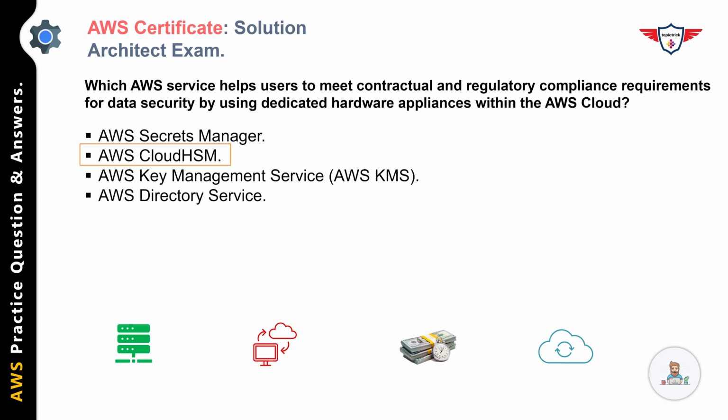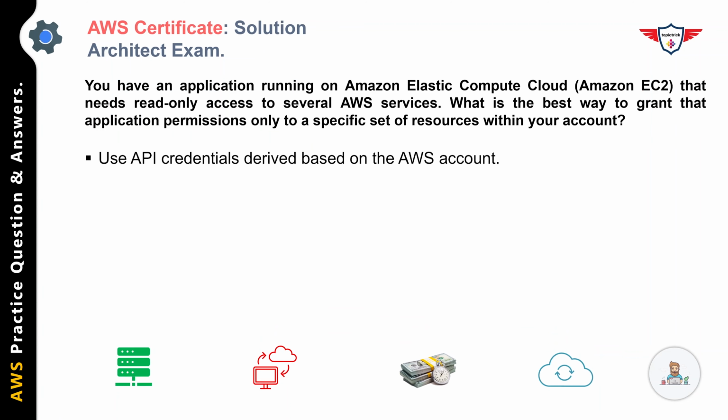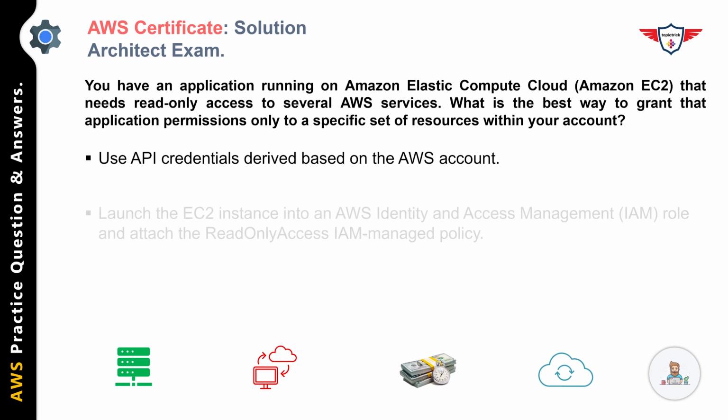You have an application running on Amazon Elastic Compute Cloud, that is Amazon EC2, that needs read-only access to several AWS services. What is the best way to grant that application permission only to a specific set of resources within your account? And your options are